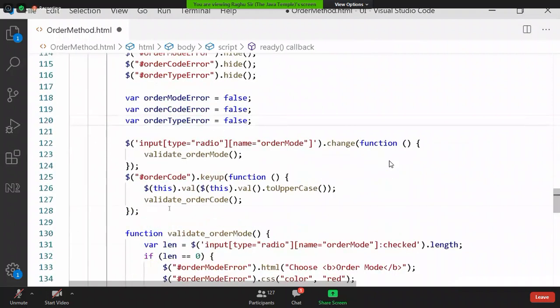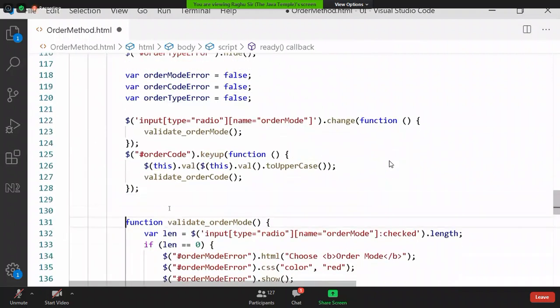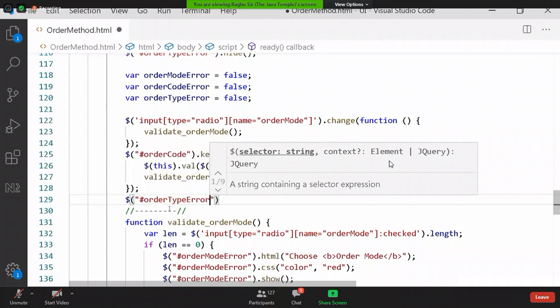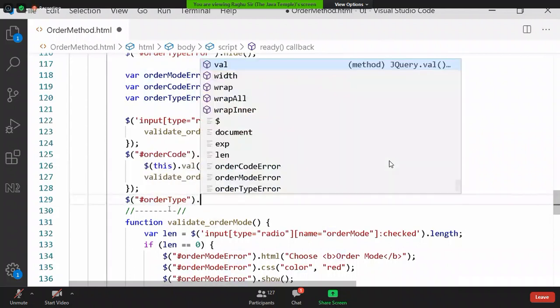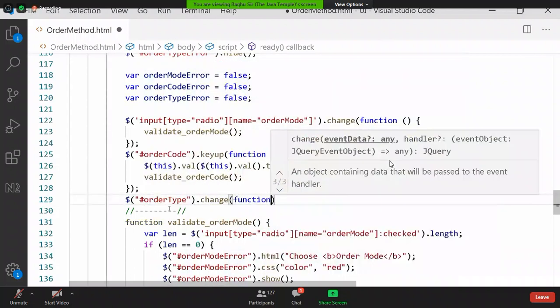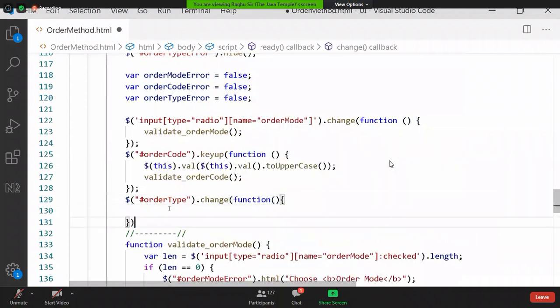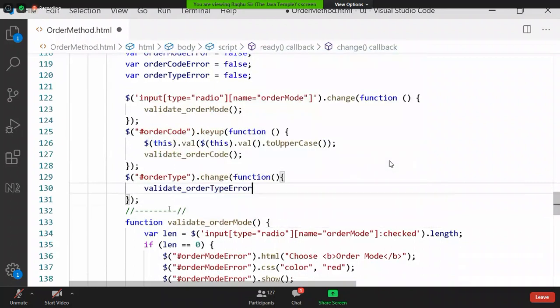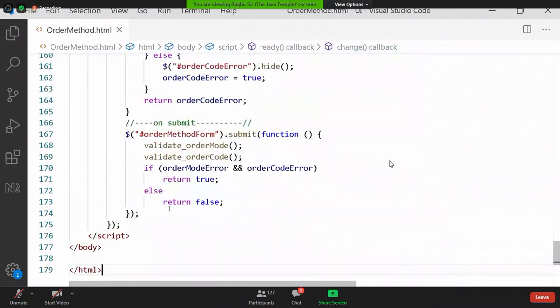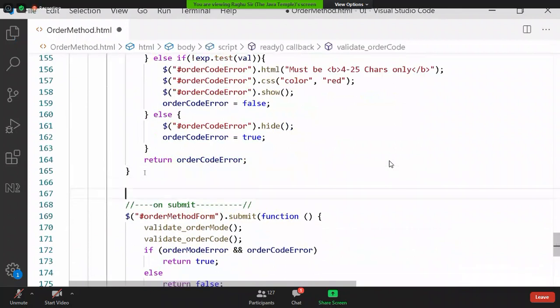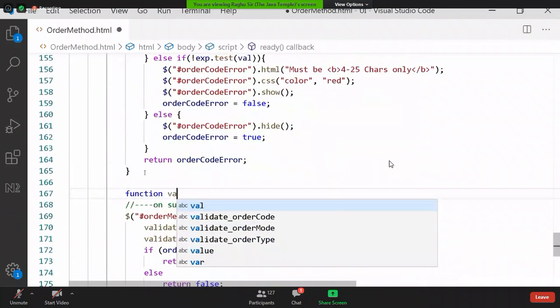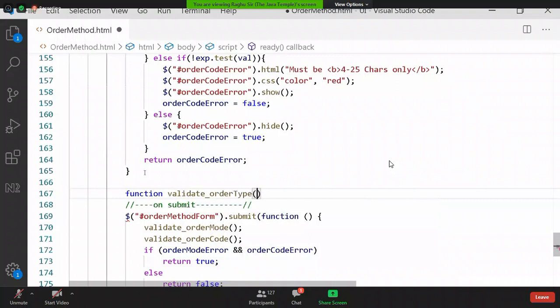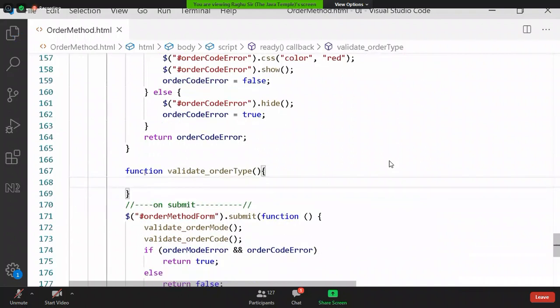It's a drop down change. It will be actually change function. There I'm writing order type dot change. There I'm writing function. We have to define validate order type. Writing function validate order type. Okay,